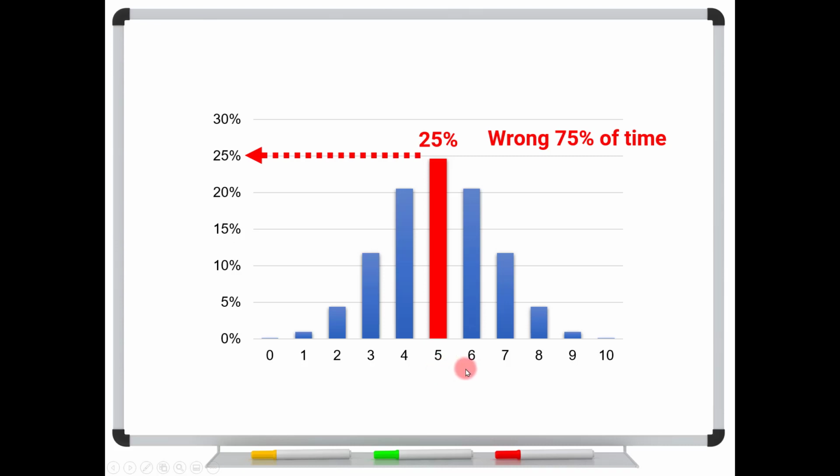How far could you deviate from 5? Well, the very most you could be off is by 5, and that's if you got 10 heads. Or you could be off by 5 on this end if you got 0 heads, in other words, all tails. But you could still only be off by a maximum of 5. And you might think, well, 5 isn't a real big number. That's one way of looking at it. But it would be very big in percentage terms because it would be 5 on an expectation of 5.